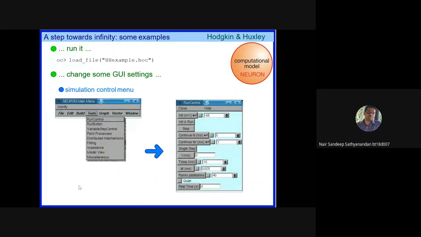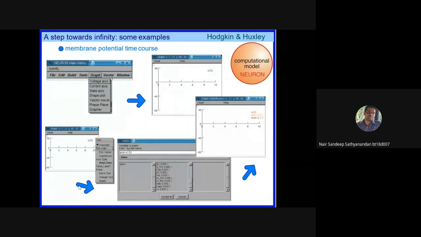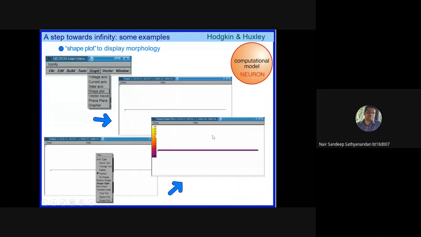This is how the GUI looks. This will be the graphical interface, and then you can use this command to plot what you want to plot. Different kinds of plots are the voltage plot, current plot, and shape plots.